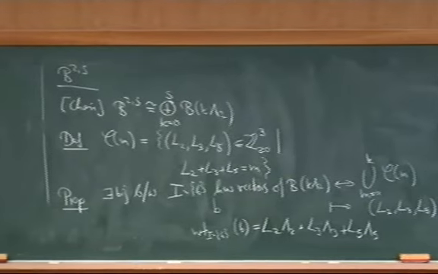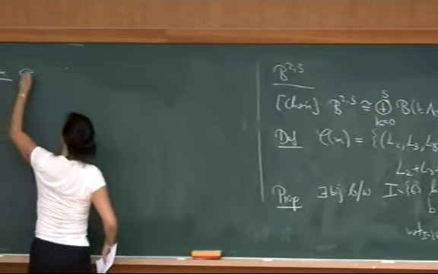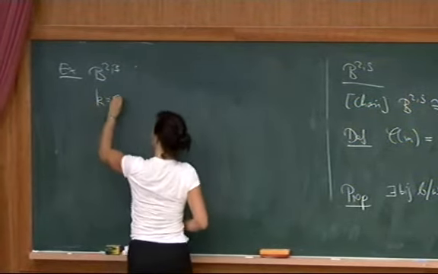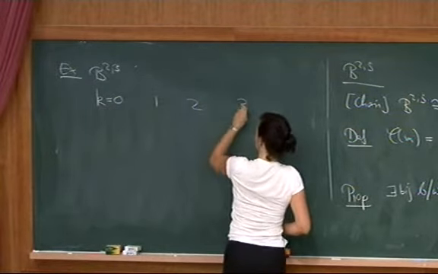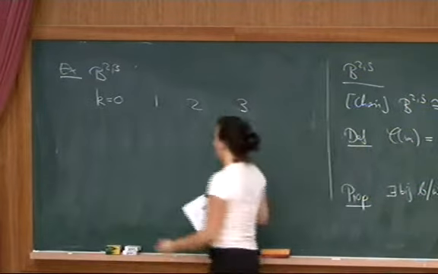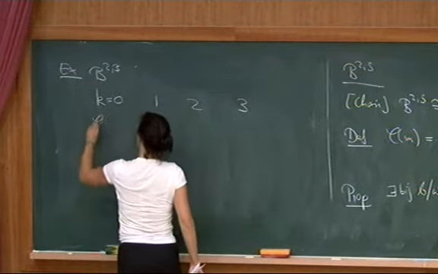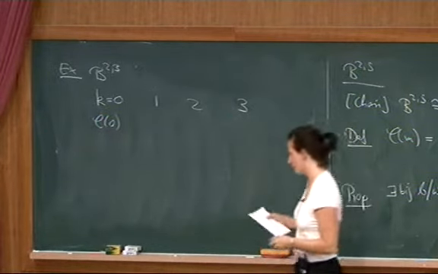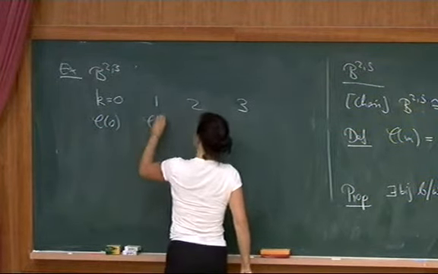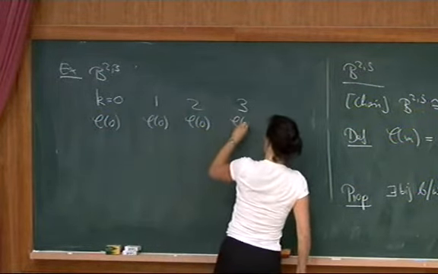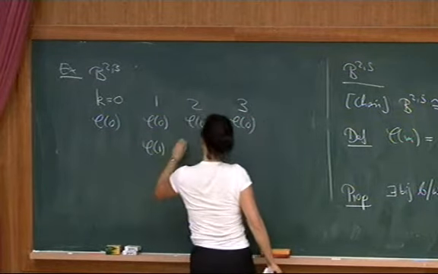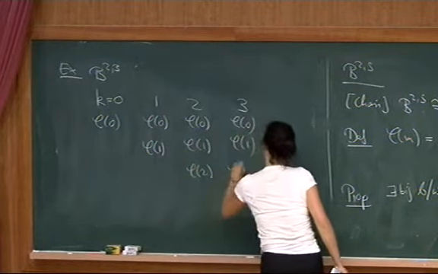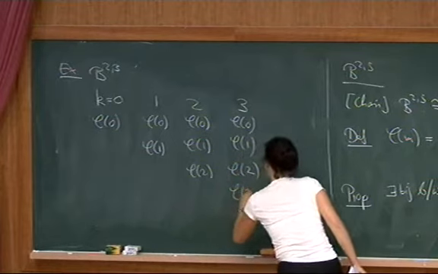So if you take, for example, B^{2,3}, so s is equal to 3, then our k could be equal to 0, 1, 2, or 3, right? These could be our components. And then we saw associated to these components, we have these sets C that label for us our highest weight vectors. So for each of these, you have the set C0. But for this one, you also have the set C1. And then here you have C2. And here you have C3.